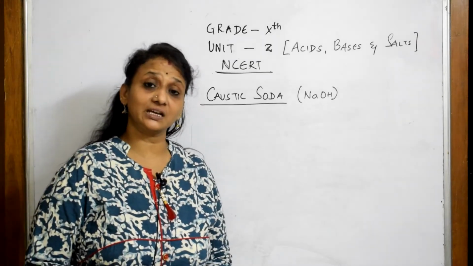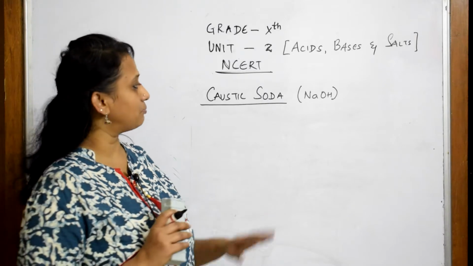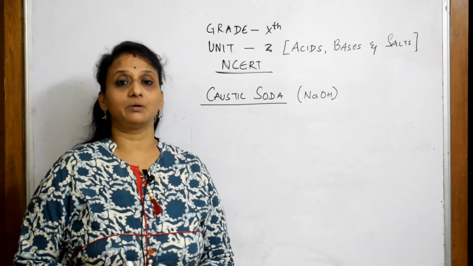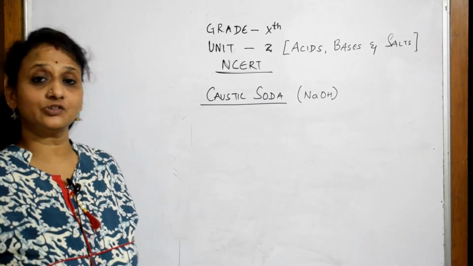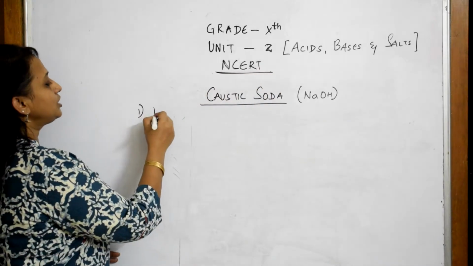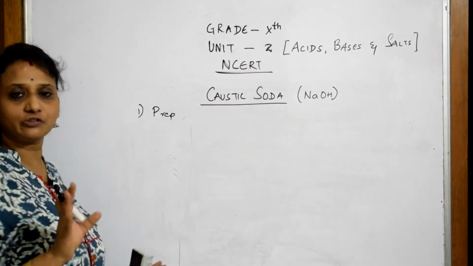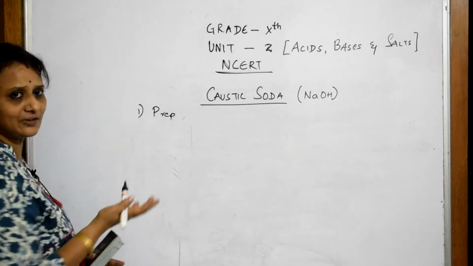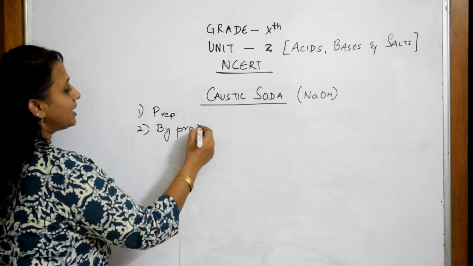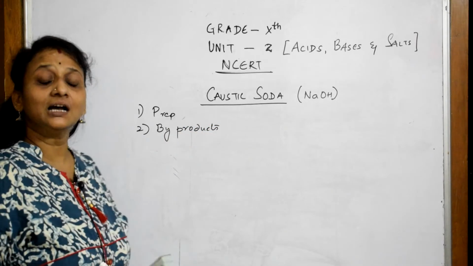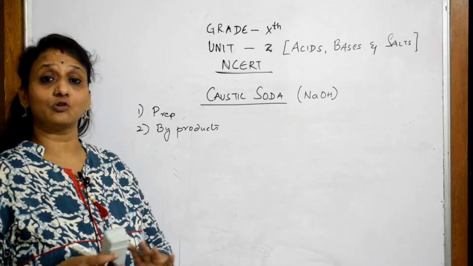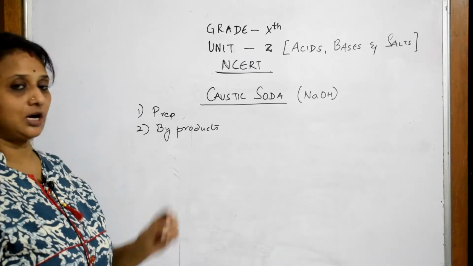But the most important thing from an examination point of view: whenever you are learning the preparation of a particular compound, you need to remember what is important and what you need to underline in your textbook. First, you need to know the process of preparation of that compound. That's done, as everybody does that. Next, you need to remember the byproducts. Byproducts means the compounds other than the main compound that are prepared from this, because those byproducts also have a lot of uses. I'll show you how to underline that.